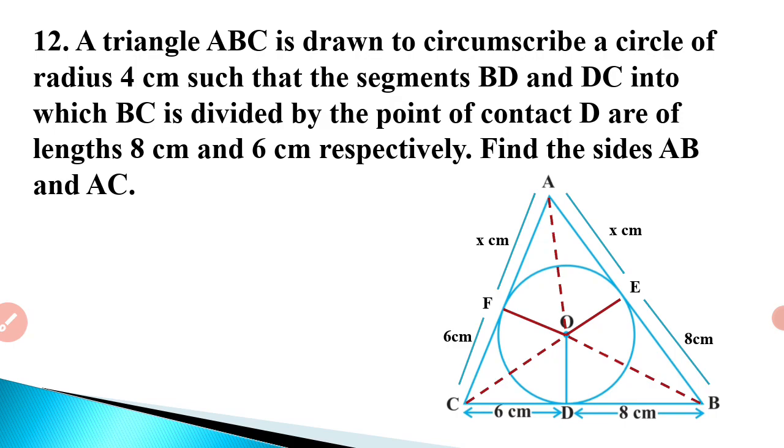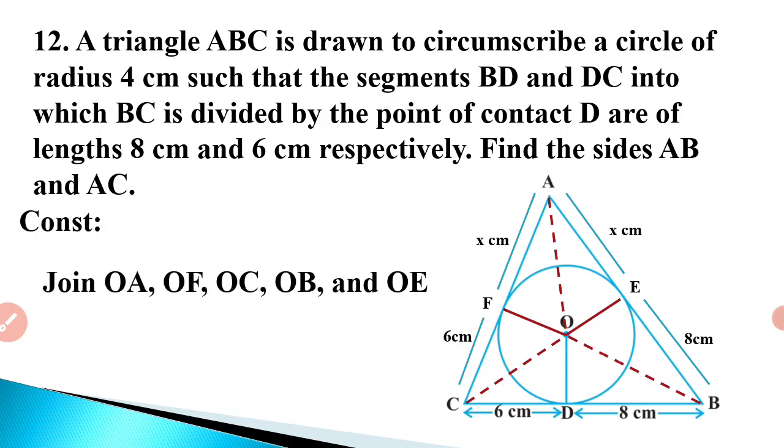C, B and A are the points outside the circle. We can consider CF and CD to be the tangents from a point C, and we have considered them to be equal to 6 cm because CD is already given to be equal to 6 cm. Similarly, BD and BE also will be equal. BD is given to be 8 cm, so BE is also 8 cm. We are supposed to find out the length of AB and AC. We don't know the length of AF and AE. We have taken them as x centimeter each.